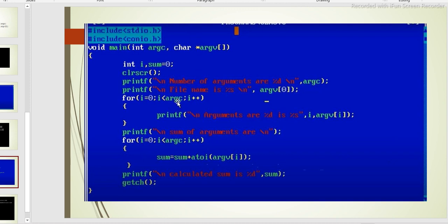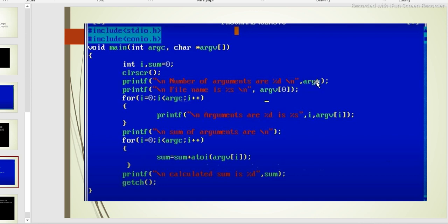And another example you can see: calculate the sum, same method. sum equals 0, number of arguments with %d, %s. Loop i equals 0, i is less than argc.